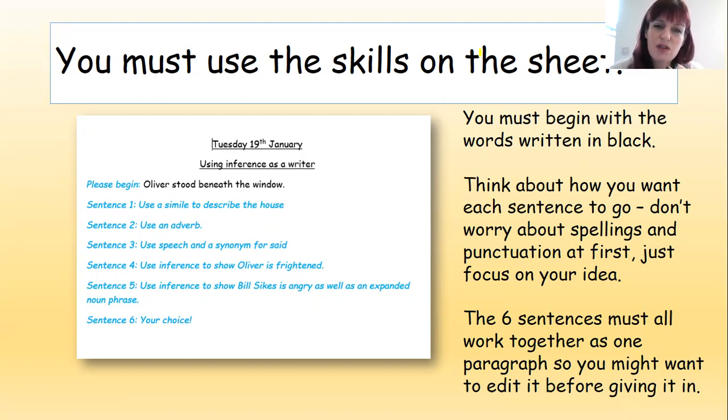So don't panic and just go for what you can do. If you get stuck, just get in touch and I will help. If you feel that you are a confident writer, think about how you can vary that sentence structure. How can you use perhaps a subordinating conjunction to expand those sentences? So if, since, although, because, all those sort of things. How could you perhaps use a relative clause like while or which to make those sentences a bit more interesting? So that is today's challenge.